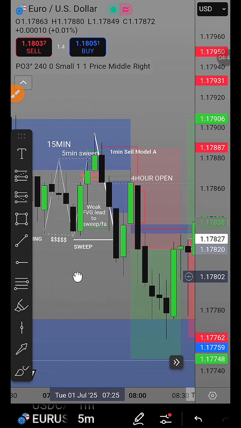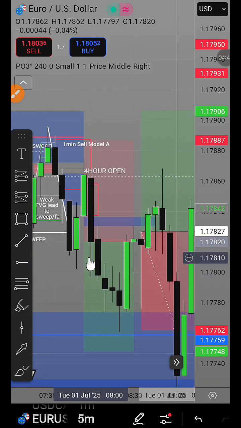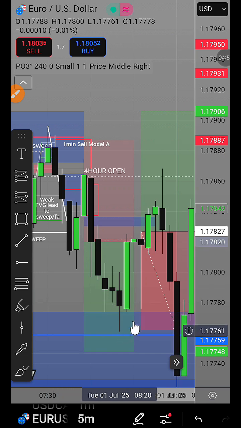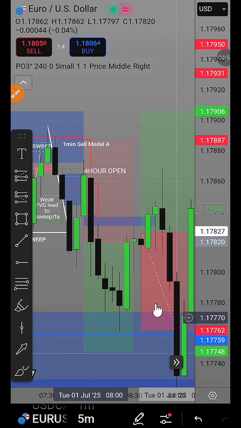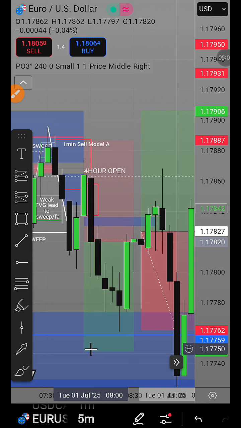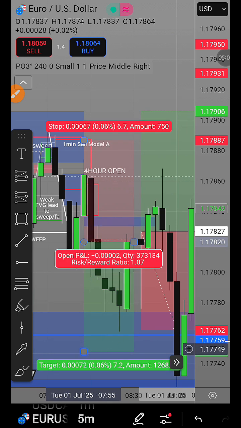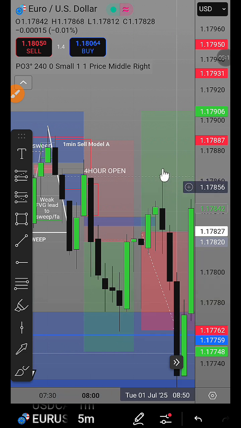So now you can also see that price basically went my way, it almost hit take profit and then it reversed. And why did it reverse? Because over here, this area, it's a 4-hour bullish FVG, but I took my take profit here by the 50% mark of the 4-hour bullish FVG. So once I saw it retracing, I was like, oh, that's the reaction that the bullish 4-hour is giving me. I'm going to get stopped out.